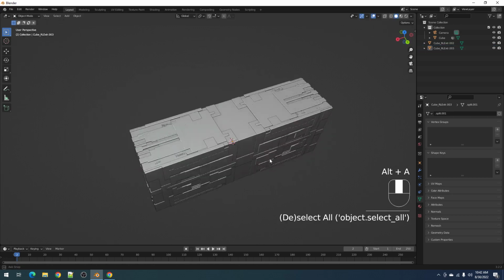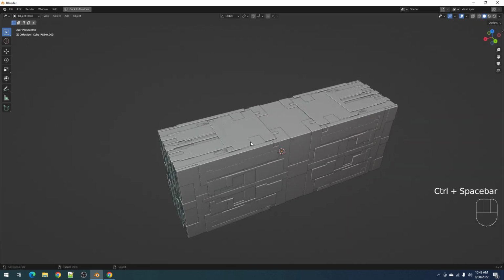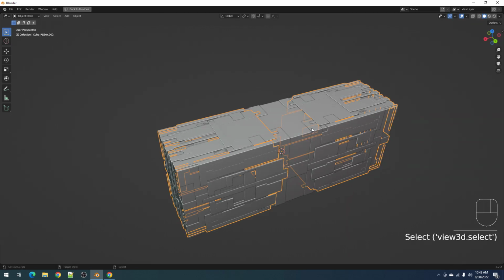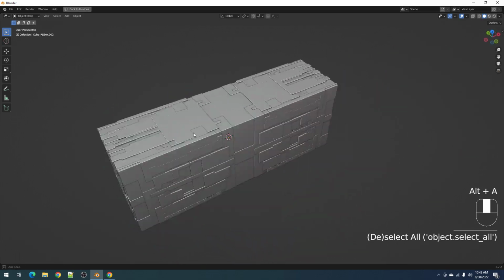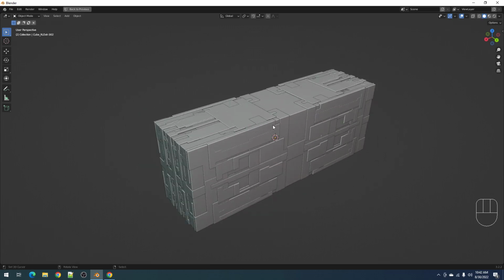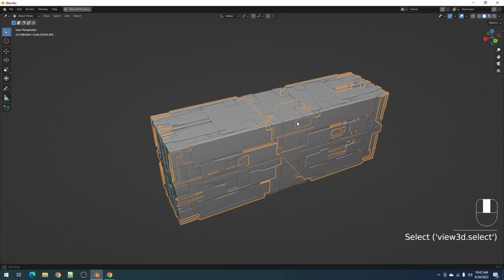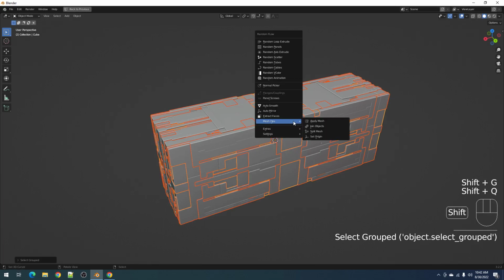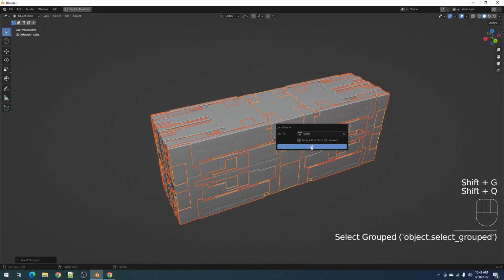Okay, so now they're split as multiple objects. As you can see, because there's no merging or welding going on, you can't really 3D print that. So we need something else. Okay, so let's do it again. Join objects, join to the cube,